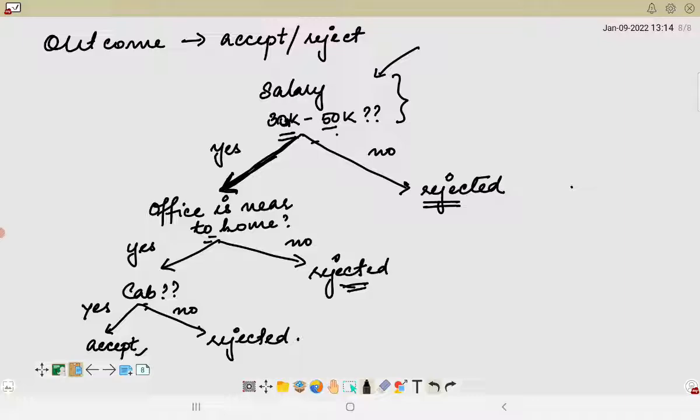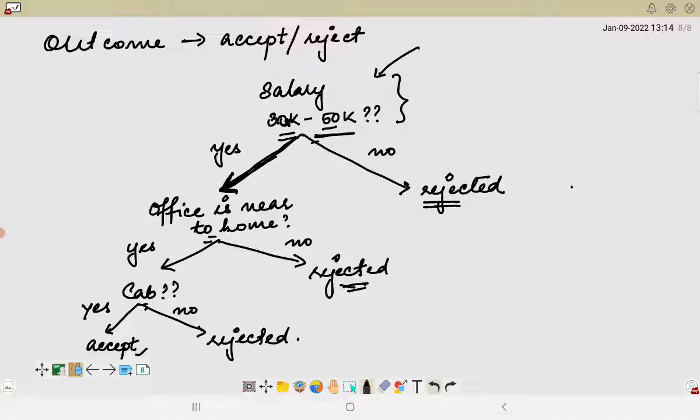And the other feature might be whether there will be promotion in that job, and the other feature might be whether they need additional certification for that job. So all those features would be there, but based on all those features, using the attribute selection measure, the decision node will be selecting the best attribute, which is apart from the other features of that particular job. What is most important at that point of time is whether I'm getting sufficient salary or not.